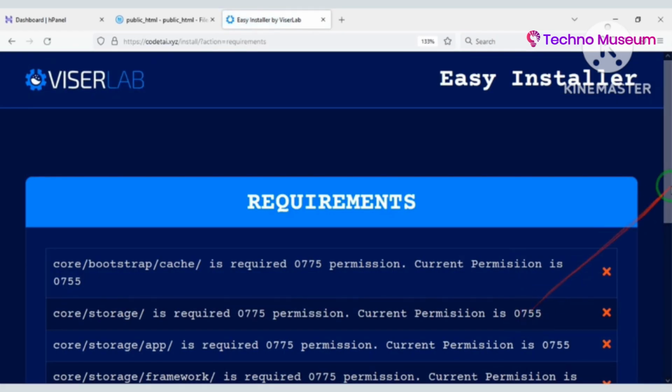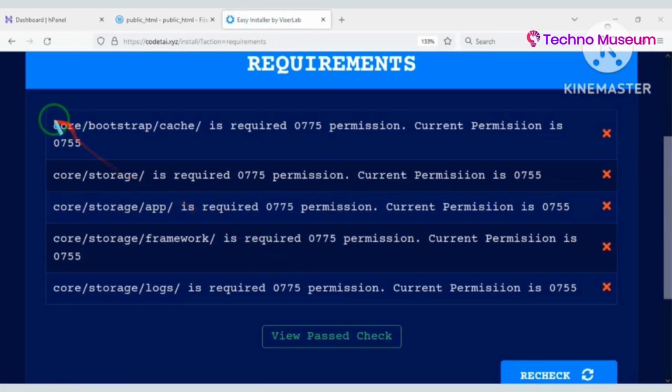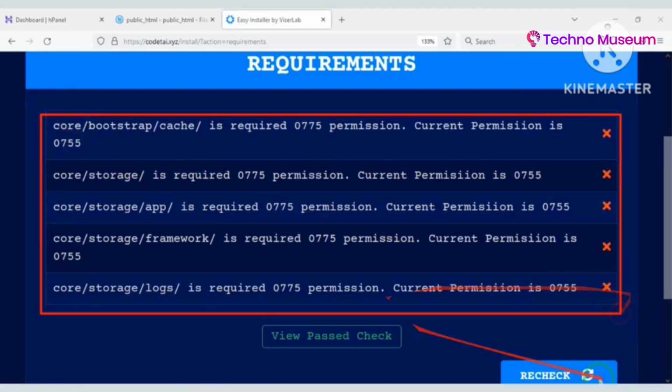Now we move to the next step. Then we need to add some file permissions.